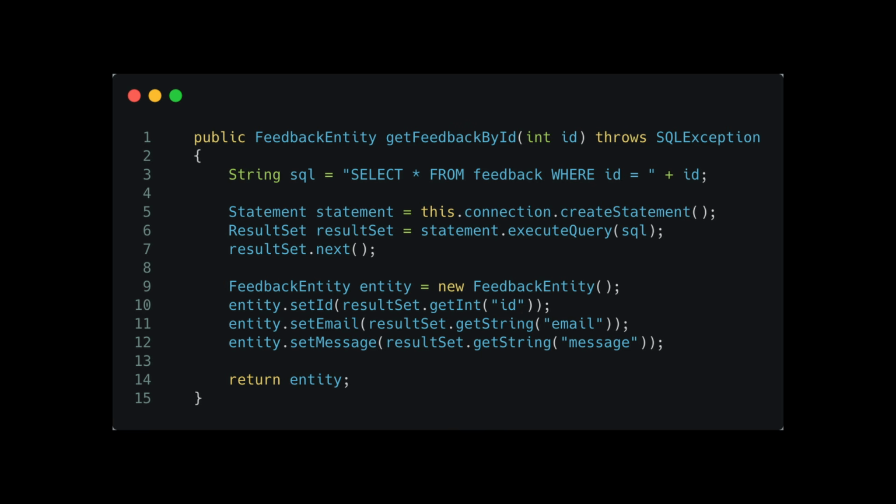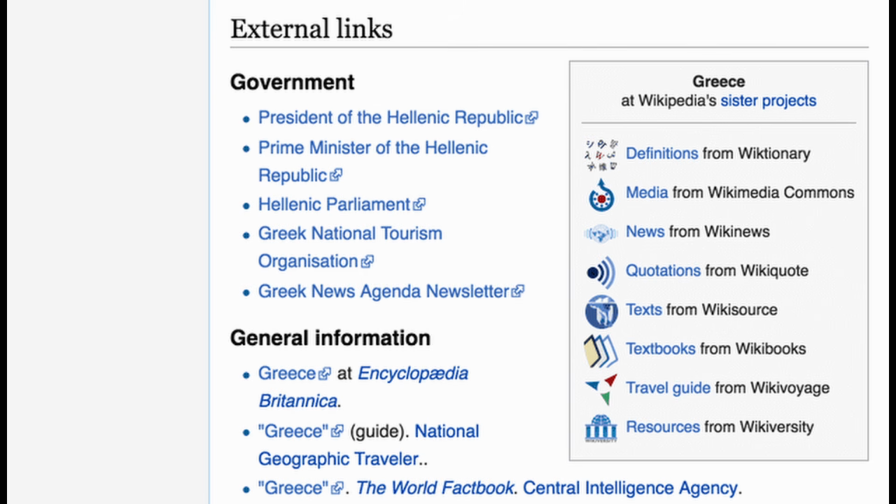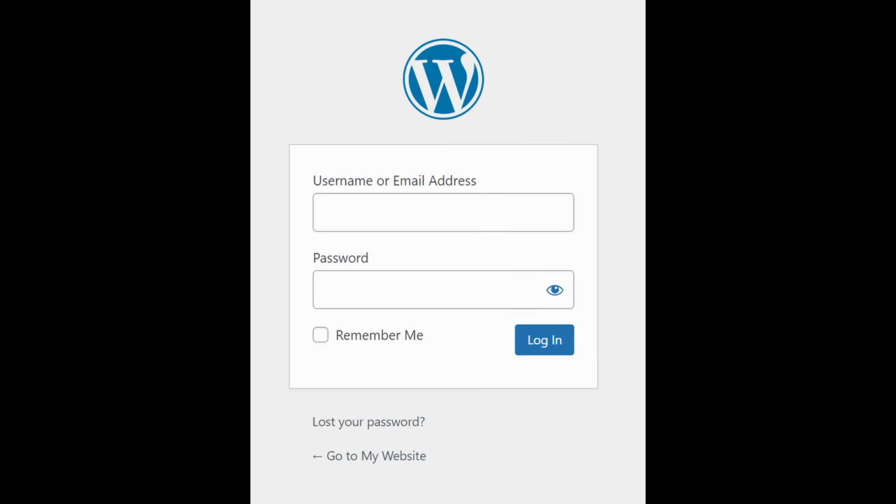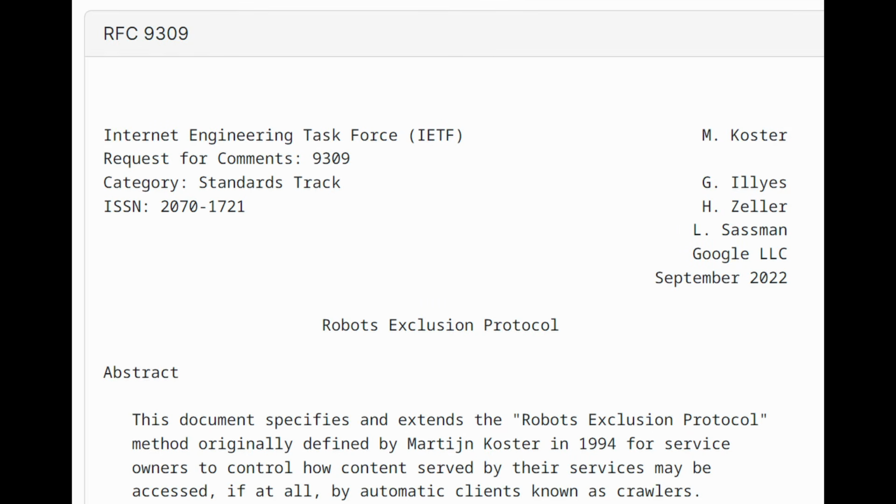Sure, a website could be more secure or avoid having recurring links, but also what if your site needs to have a lot of links? The main issue was that webmasters had literally no control over this and didn't want random bots to index admin pages and whatnot. So then in 1994, site owners and crawlers decided to